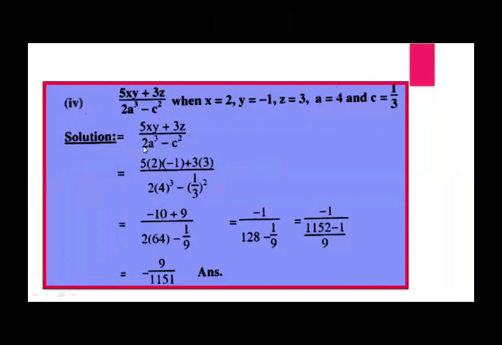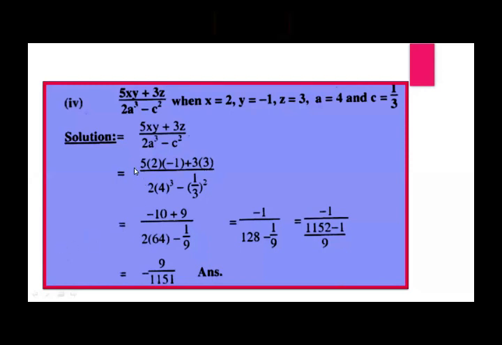In solution, we write our given expression properly. Then at the place of variable draw bracket and then write their values properly. Means the first bracket for x, so we write x equal to 2. Second for y, so we write here the value of y that is minus 1. Then plus 3 as a coefficient and z is replaced by 3 which is given in the question, divided by.